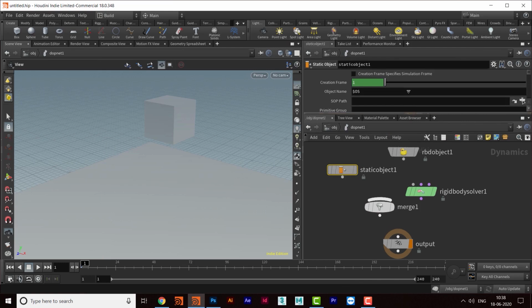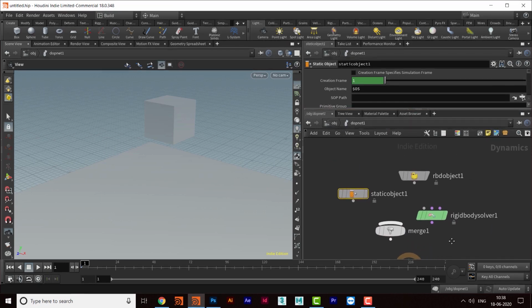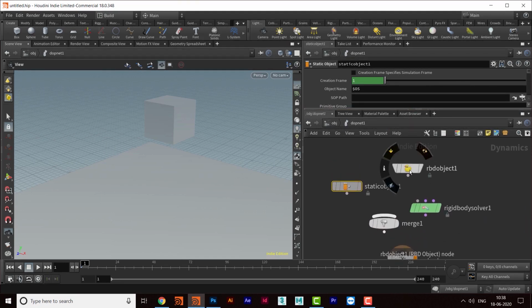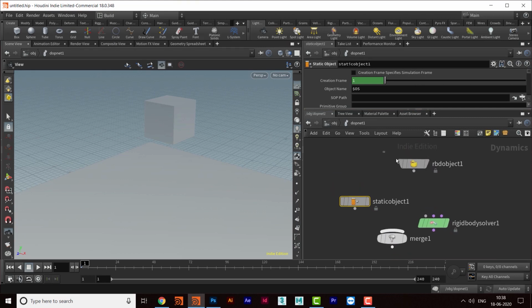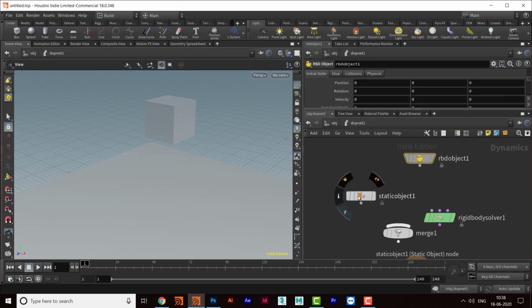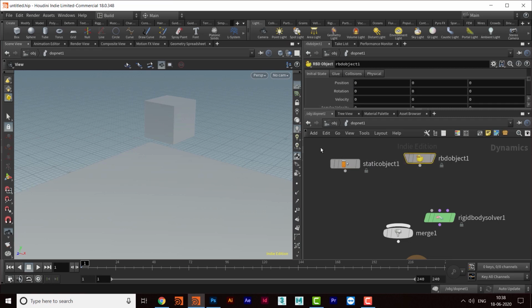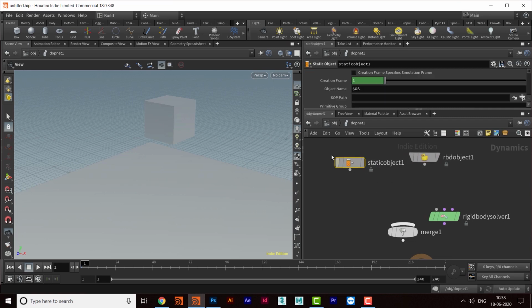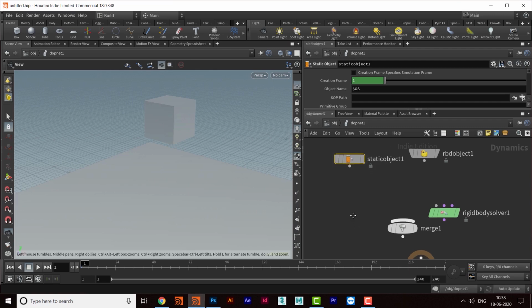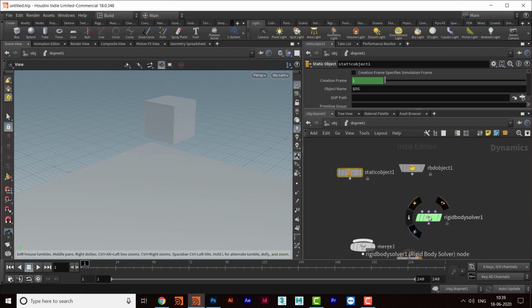So these are the nodes which we have to work with. For active rigid body, we'll be using this RBD object. For static rigid body, I will be using this static object. This will come under the influence of force, and this will not act on anything. It will be just static, like this floor. And this is the solving engine which will solve both the things.